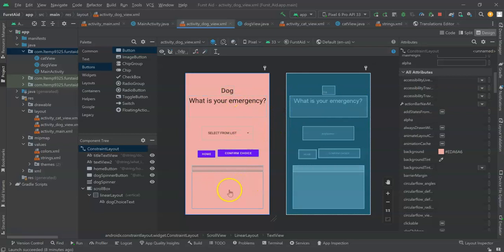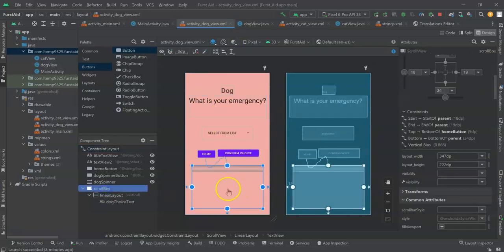There's also different information for the arrays because you don't always treat a dog like you would a cat, and vice versa. So, confirm choice. What this does is it grabs whatever's selected in here. It looks at that position in the array, and based on that position in the array, it spits back different text. In order to do this, because you can't fit all of this on one page, I added a scroll